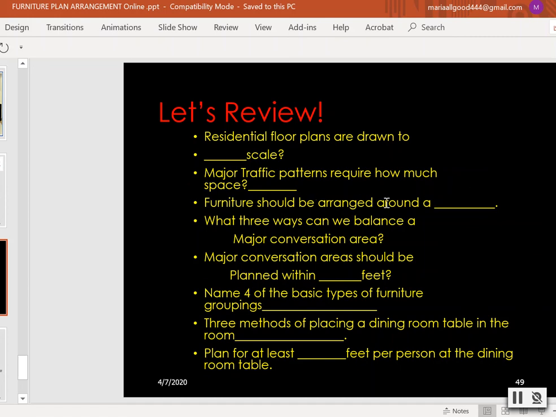Furniture should be arranged around a focal point: a fireplace, a television, a view in the window. You don't want to ever turn your back on a focal point. There are 3 ways we can balance a major conversational area. You could put a sofa to a sofa, or you could put 2 chairs to a sofa, and you can create